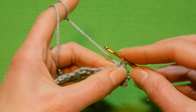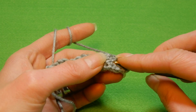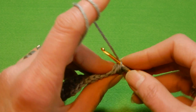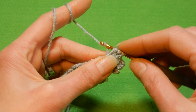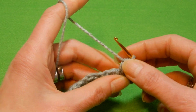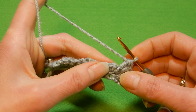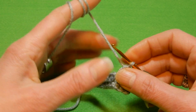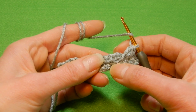Okay, leave the loop there, yarn over the hook, go back again underneath that loop, the first one, pull the yarn through the first 2 loops. So now you have 3 loops, pull the yarn through all these 3 loops. So when you hear 2 double crochet together, that means you don't finish the double crochet. So we're gonna move to the next line,